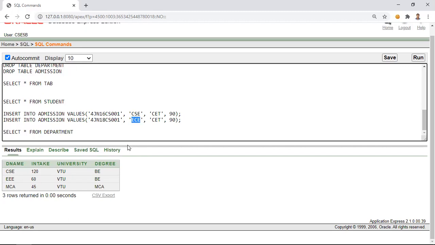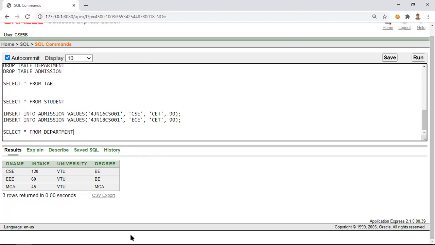So that's why whenever we want to create or insert the data into the table, all these foreign key values should be present in the respective parent tables. Okay. Now, this is how we create three tables.